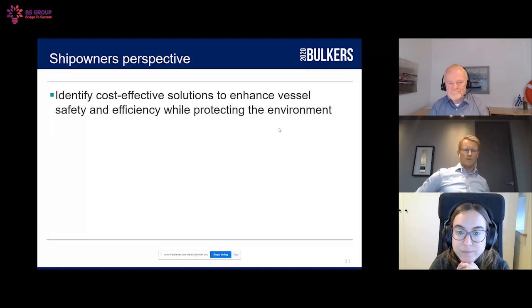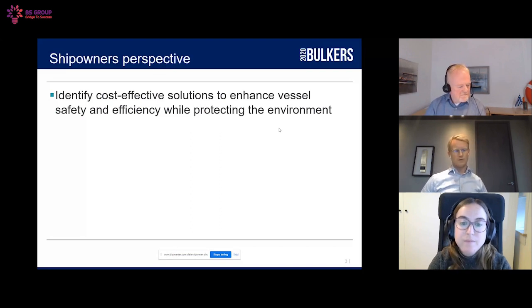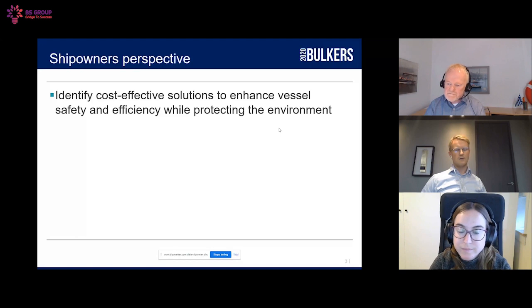Firstly, I want to make a point about having a ship owner's perspective. It's important to know when understanding my arguments and how I perceive reality in this context. I believe it's always prudent to ask the purpose and goal of any meeting first. So today, as was mentioned by Timo, is to identify the cost-efficient solutions to enhance vessel safety and efficiency while